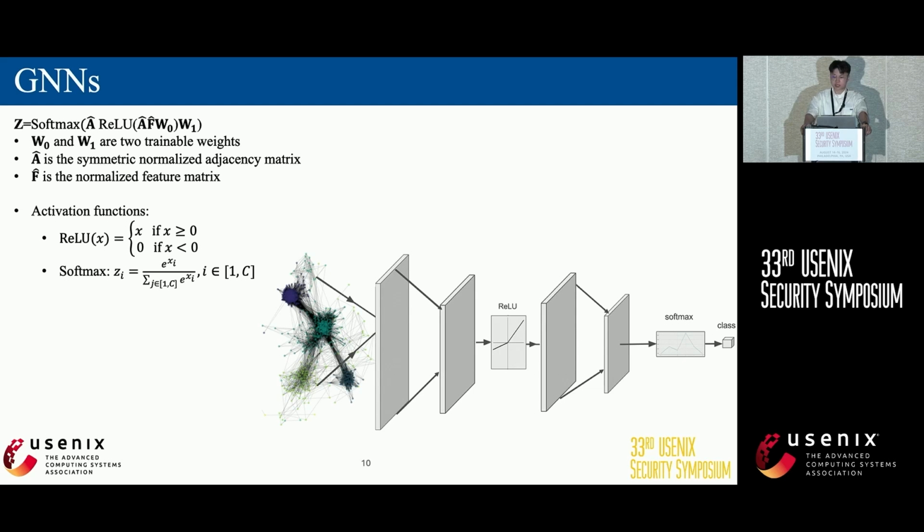Before we dive into how to address this existing issue, we first need to know exactly what a GNN is. A GNN is typically defined as a two-layer neural network architecture, where each layer consists of an aggregation and an activation. In the model forward propagation, A represents the adjacency matrix, F represents the feature matrix, and W is the model weight matrix. After aggregation using AFW, the two activation functions, ReLU and softmax, will be used to further extract the graph information.